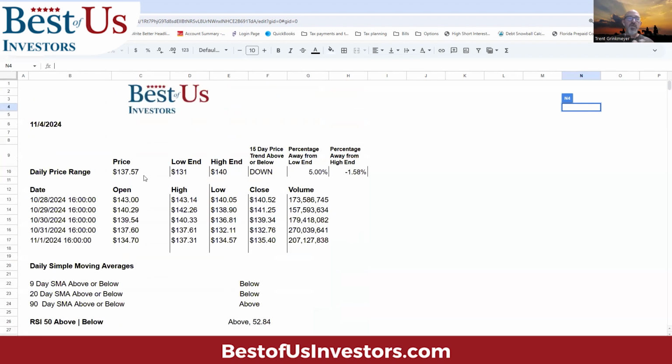And so when I use this price range projection, this is fixed. This is based on the closing price of the previous day, and that's where we come up with the low end and high end. It does not change intraday. It used to, but it became too like chasing rabbits, which doesn't help. So I fixed the low end based on the previous day's close, and I calculate that via some mathematical formula that I've researched for like 25 years and have come up with this formula. So use this as a guideline, a benchmark to look at how NVIDIA is trading,